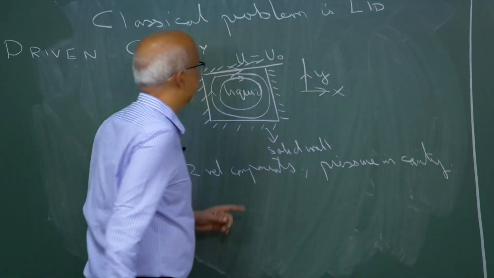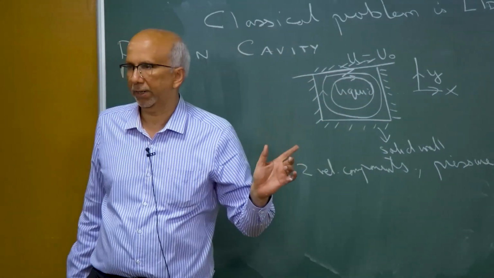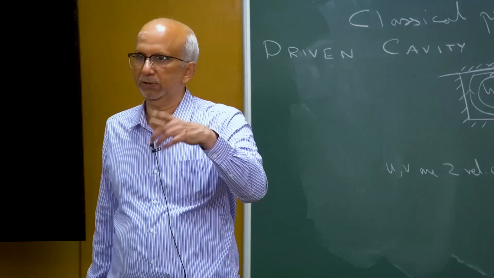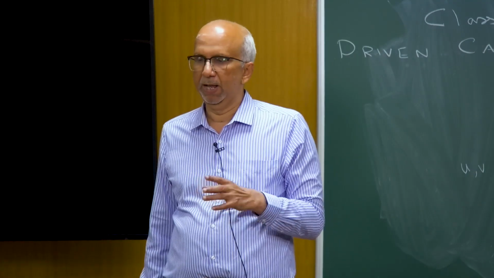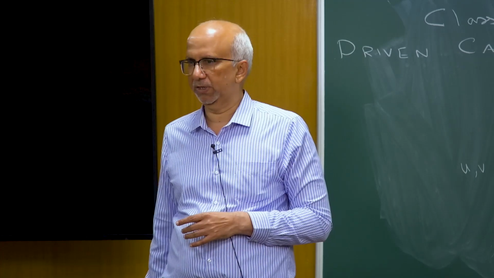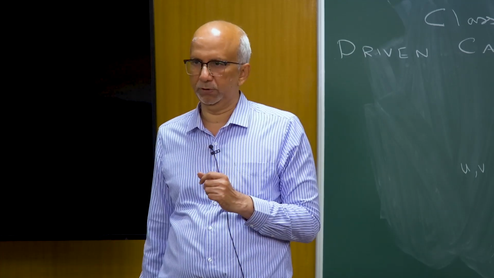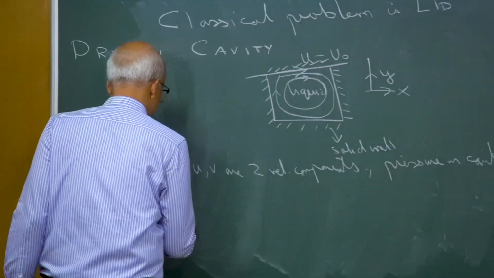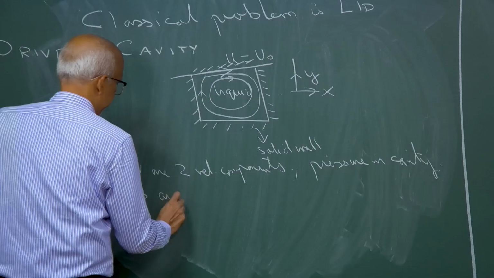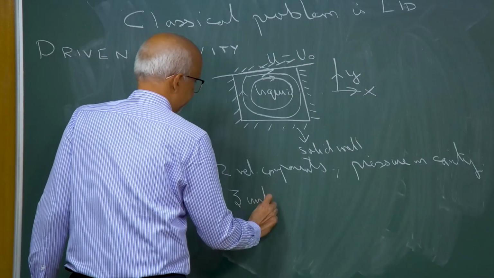So, I have three unknowns, the pressure field, okay. It is not hydrostatic anymore because there is motion, there is going to be some pressure developed, I need to figure out how the pressure changes, and I need to figure out what the velocity components are. So, the three unknowns which we are trying to solve for, okay. And so, u, v, p are the three unknowns,